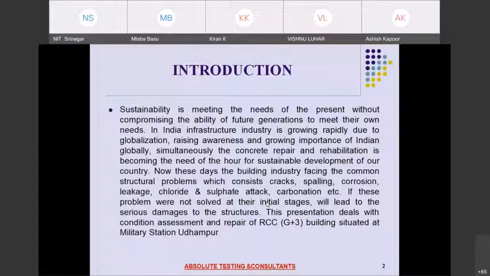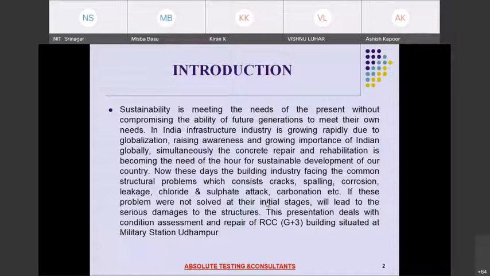So here I have combined this condition assessment, or health monitoring of existing structures, with sustainability also, because we all talk about sustainable development in present day, as we know that India is growing in infrastructure rapidly, and with the globalization and raising awareness,